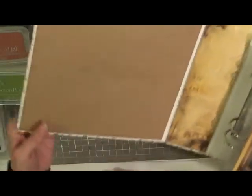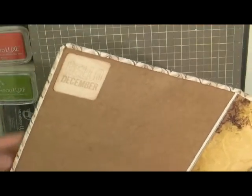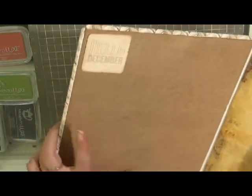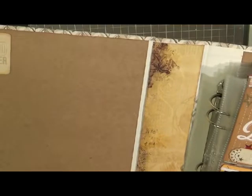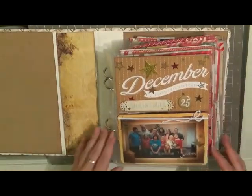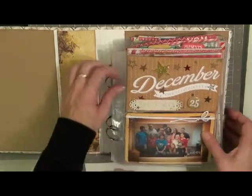I covered, and I won't make it too long because it's the whole album, but anyway, I'll do it fast. This is one of the wood veneers, and I covered the inside with craft cardstock and a piece of paper from my stash that was vintage. The last back side as well in craft so that it matches. And then this page, I did the front